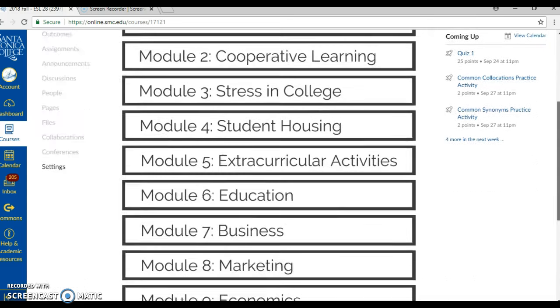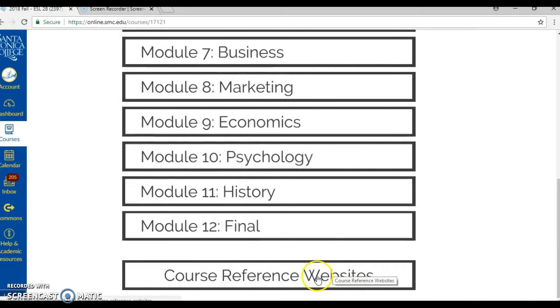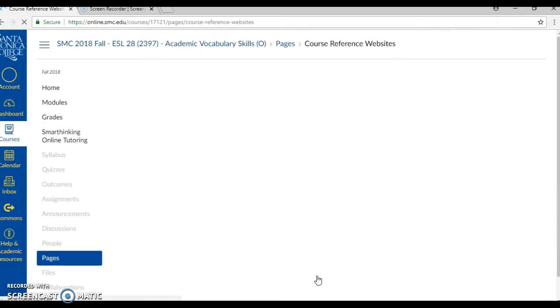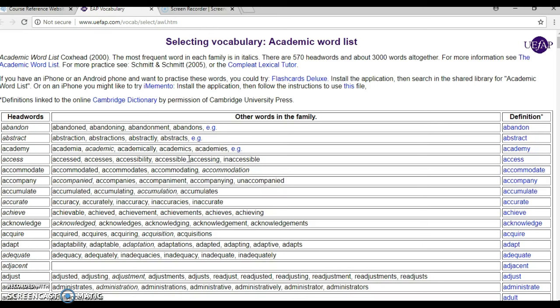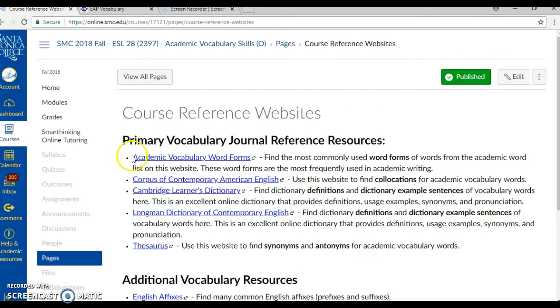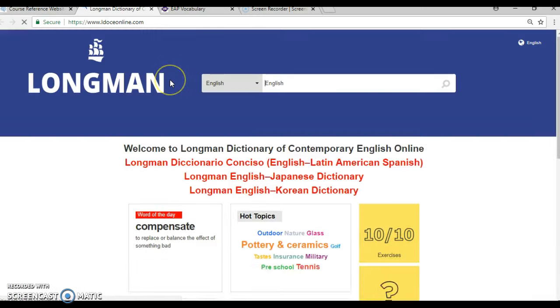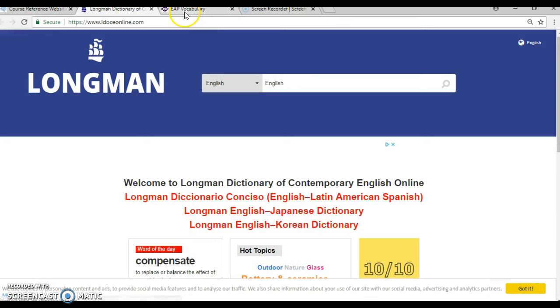And what we're going to do is scroll down to the course reference websites. And we're going to first of all open academic vocabulary word forms. Click on this. It'll take us to Using English for Academic Purposes, or UEFAP.com. We'll need this website, but we'll also need a dictionary as well. So we're going to go back and open the Longman Dictionary. So we're going to start with